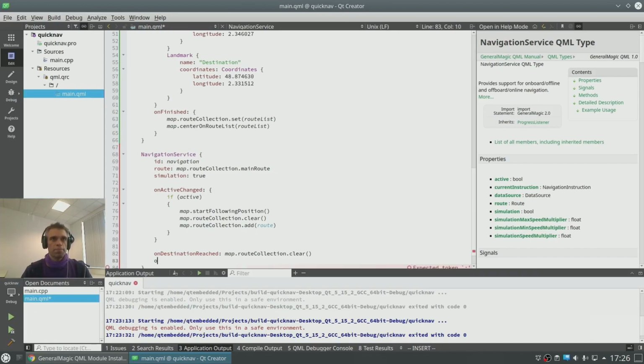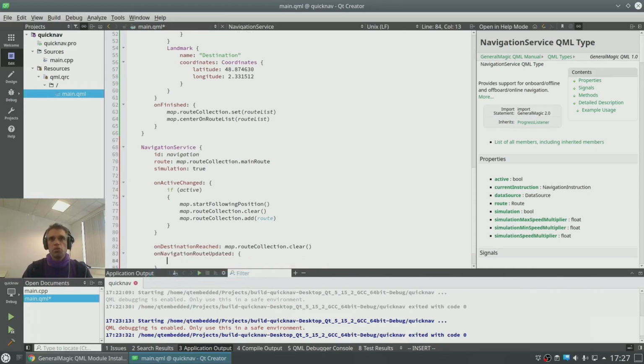And then we have on navigation route updated. Now this can happen if we travel off the route, like maybe we take a detour, and in that case the engine will detect that we moved away from our route, and it will calculate a new route to our desired destination from our current position.